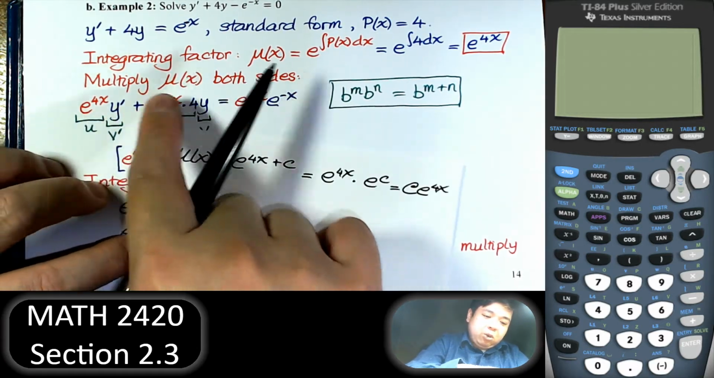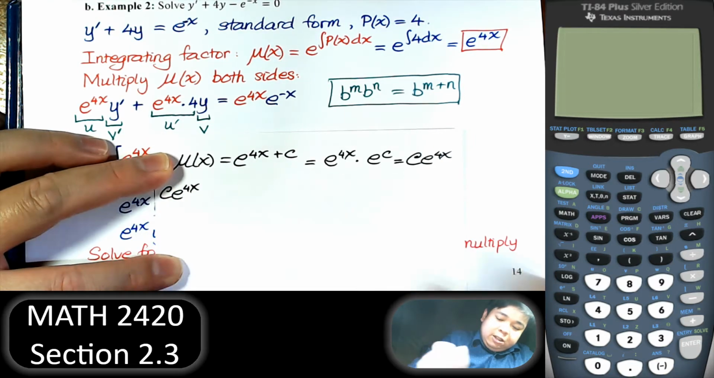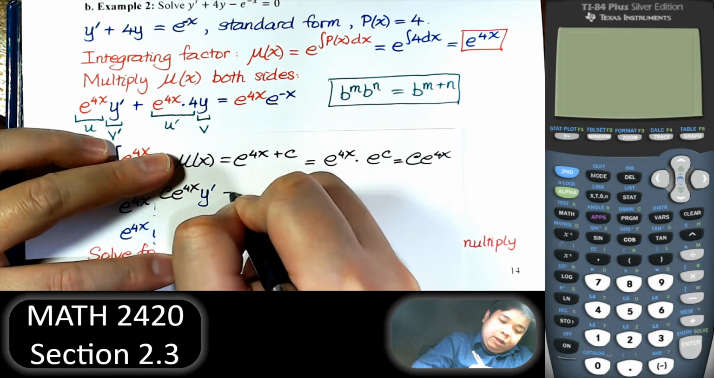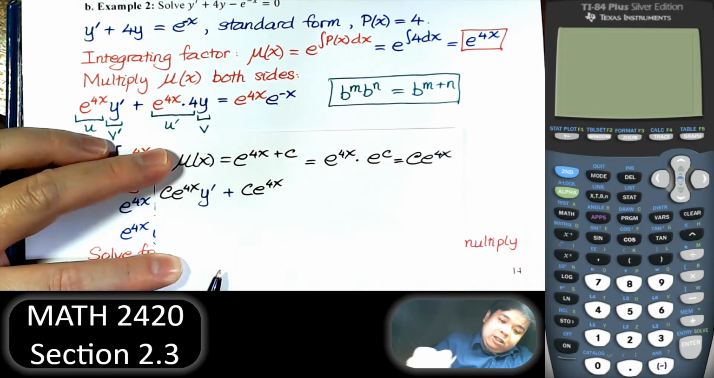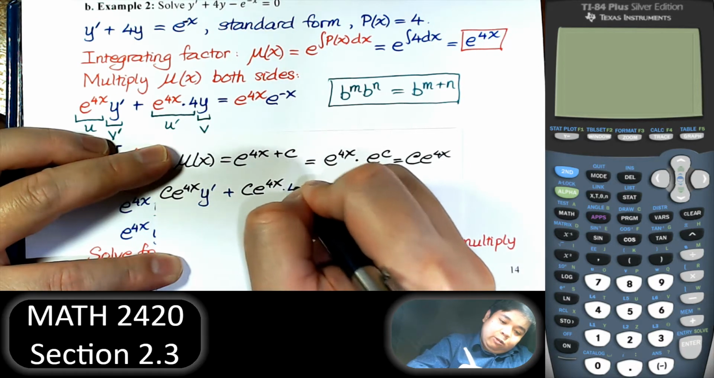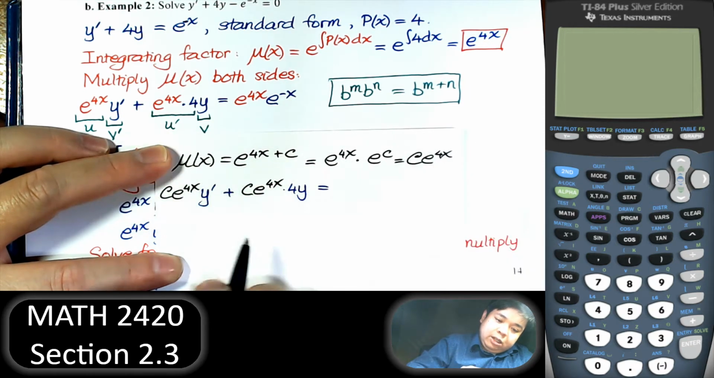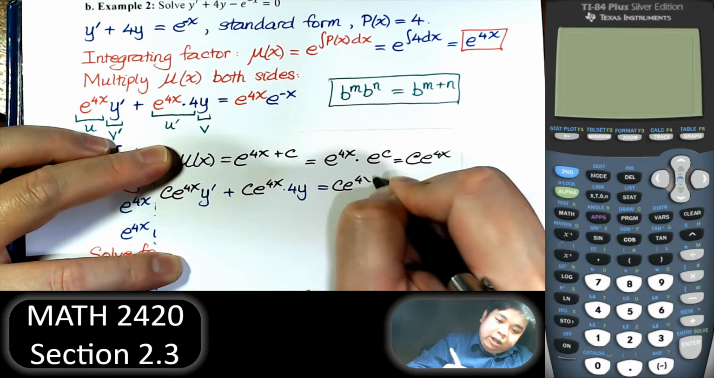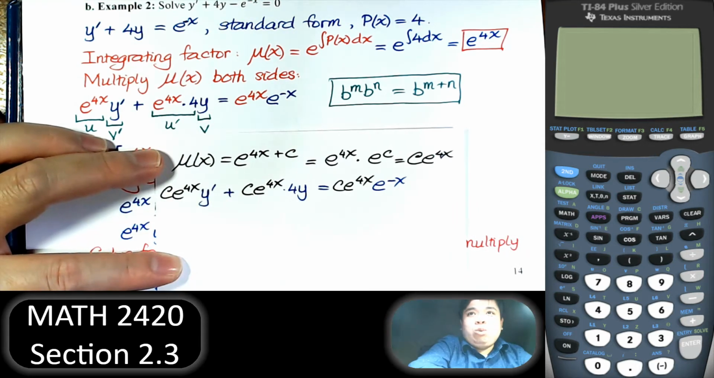So instead of this equation, I will have c e to the 4x y prime plus c e to the 4x 4y equal c e to the 4x e to negative x. Yeah, so if you want to, we can just do it like that. There's nothing wrong there. However,